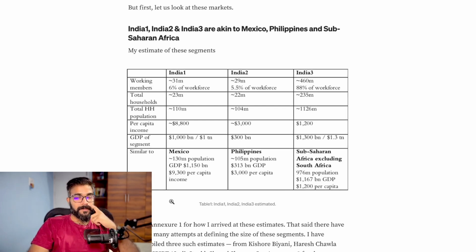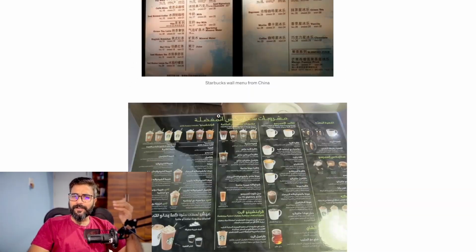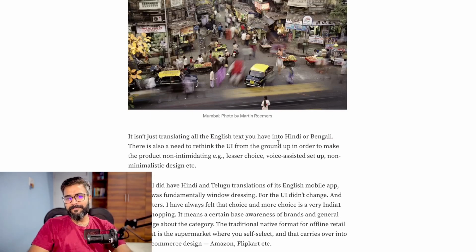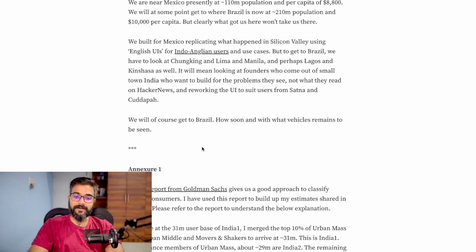Now the thing is, the biggest spenders are in India 1. The next biggest spenders are in India 2. And all of these India 1 and India 2 people belong to the big cities. This is crazy, right? He talks about a lot more, so you should definitely read through this. It's a fantastic paper on how India is divided based on its income.